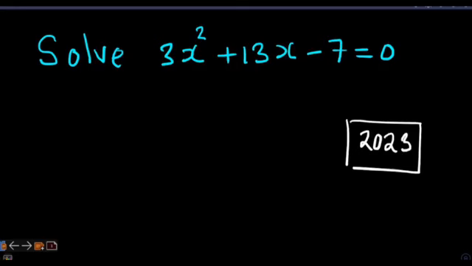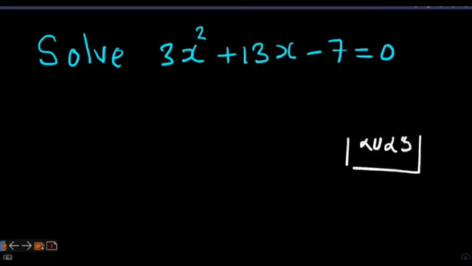So the way you can solve this question, we can use different methods. We can use factorization method. We can use completing the square method. We can also use the formula method. And this question carries 5 marks in an exam, so you can't afford to miss all 5 marks. So we are going to solve this question by using a